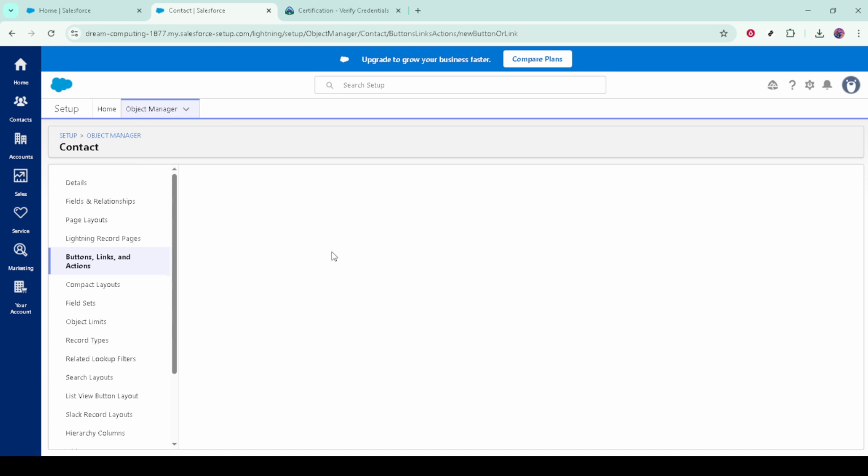For display type, select List Button. This choice is important. Only list buttons appear on related lists, whereas detail page buttons appear on individual record pages. If your goal is to bulk select records from a related list and perform an action, List Button is the